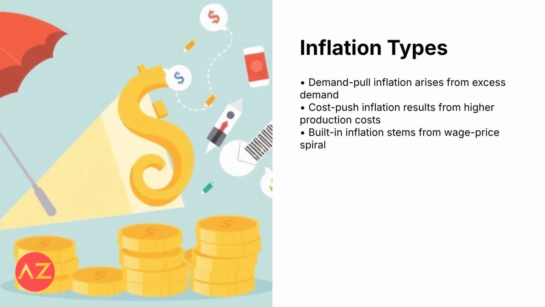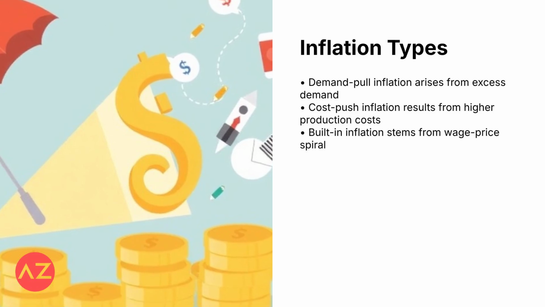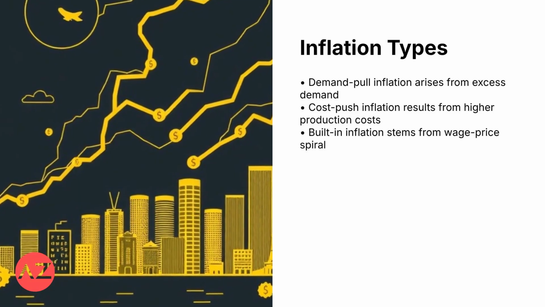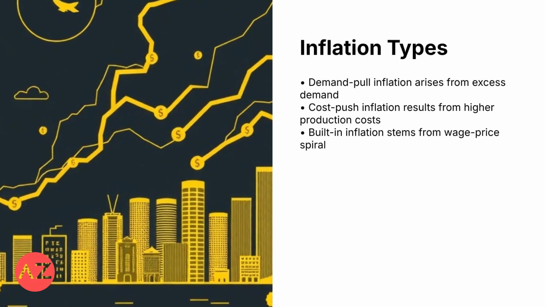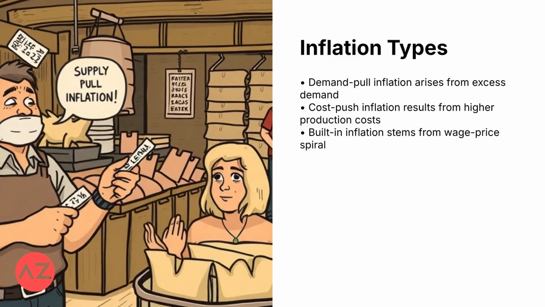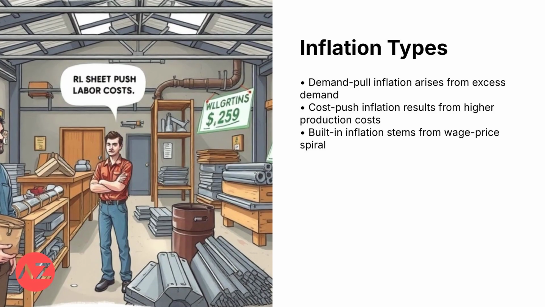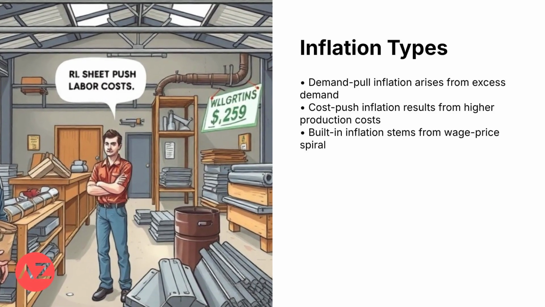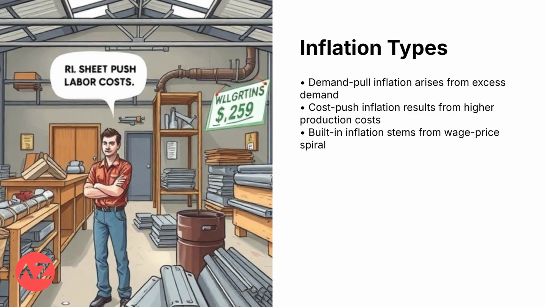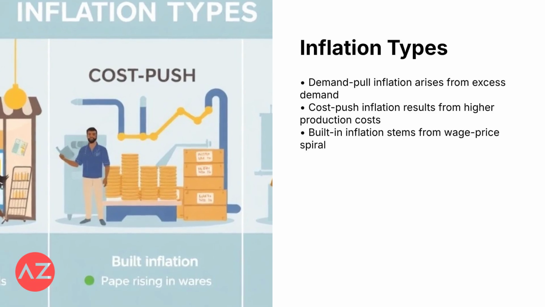There are several types of inflation, each driven by different factors. Demand-pull inflation happens when consumer demand outpaces the available supply of goods and services, pushing prices higher. Cost-push inflation occurs when production costs rise due to increased wages or raw material prices, and businesses pass these costs